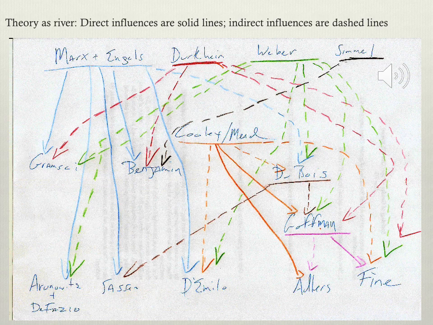Overall, you see all the classical theorists, and the person who has the most influence, albeit indirect influence, is Weber. You see in different neo-Marxists such as D'Amelio, Aronowitz and DiFazio, and Gramsci, a Weberian influence. You see Du Bois using Weber, Goffman using Weber, Gary Alan Fine using Weber, with that focus on social status within the restaurants, within the kitchen environment.